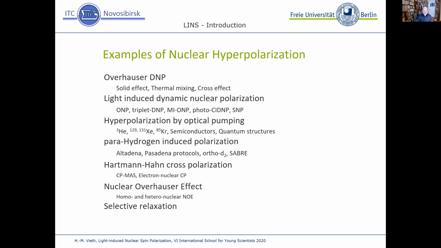So examples of nuclear hyperpolarization are standard Overhauser DNP or DNP with solid effect, based on thermal mixing or on the cross effect. There are other examples: light-induced dynamic nuclear polarization, polarization by optical pumping,